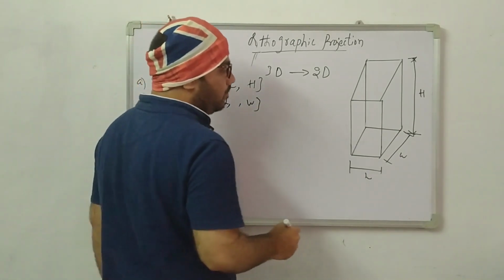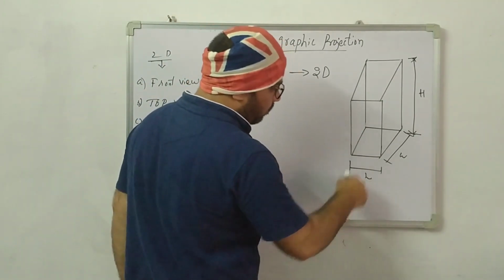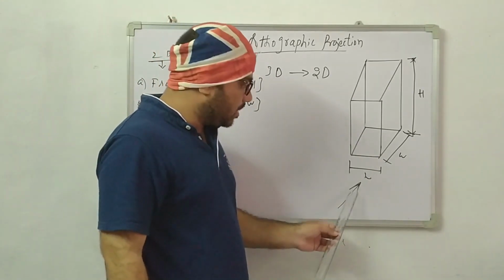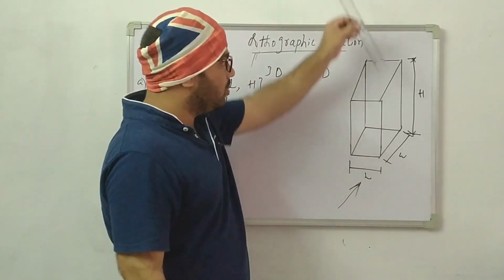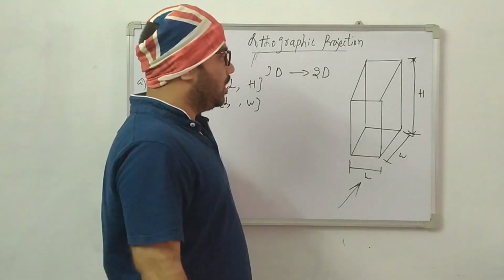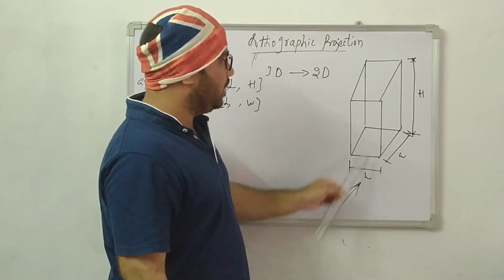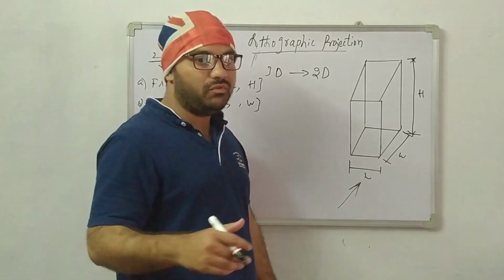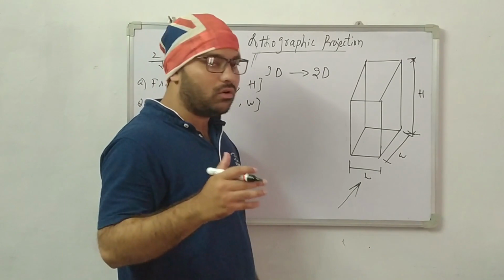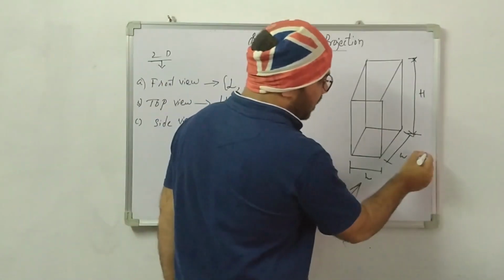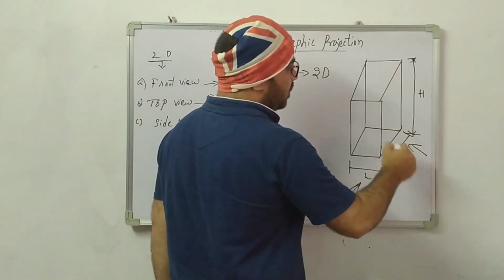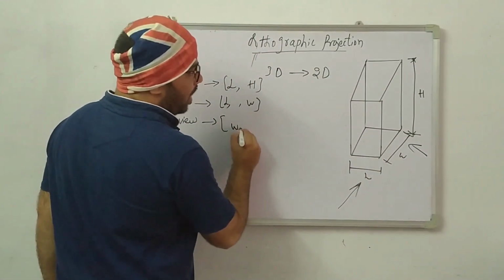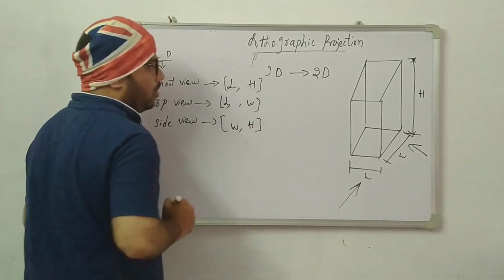Next, this is the front view. Whenever you see the arrow mark in the question or problem, that is considered the front view, and of course this is the top view, and we complete the remaining portion. One more view is the side view, from which I can see the total view of the diagram. I am watching from this direction, and in this direction I can see the total side view. In the side view I can see the width and height of the problem.